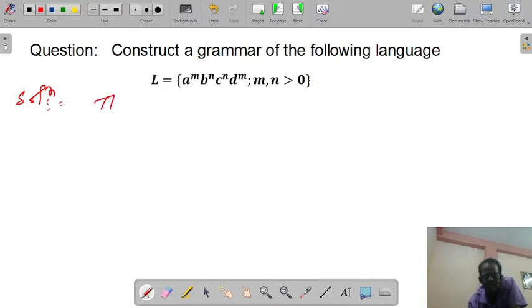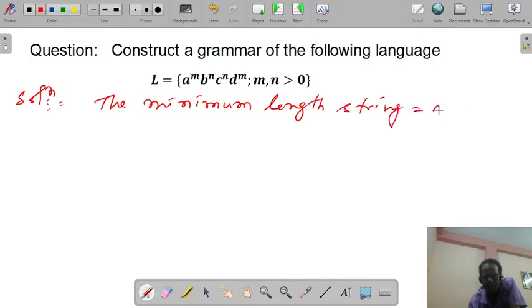So the minimum length string will be ABCD. The value of m is greater than 0, which means m will be 1 or 2 or 3 or 4, and so on.